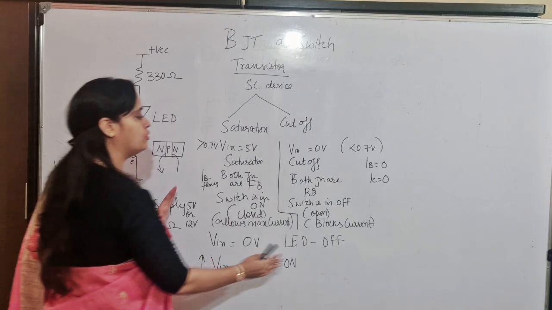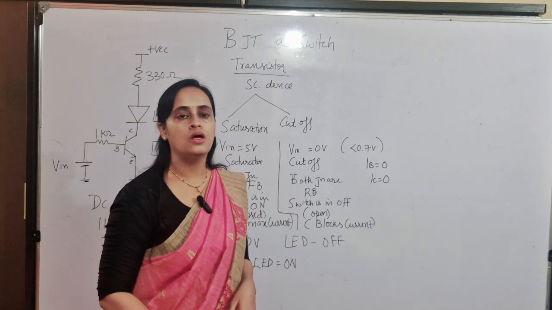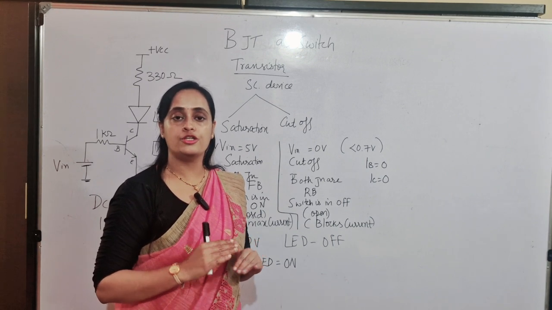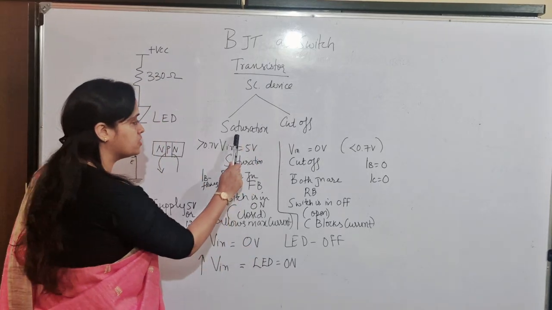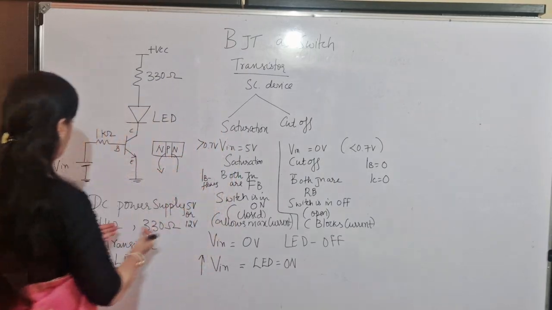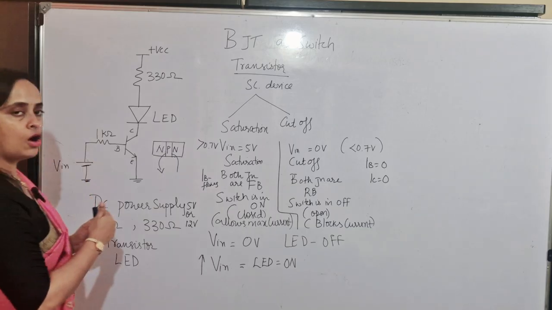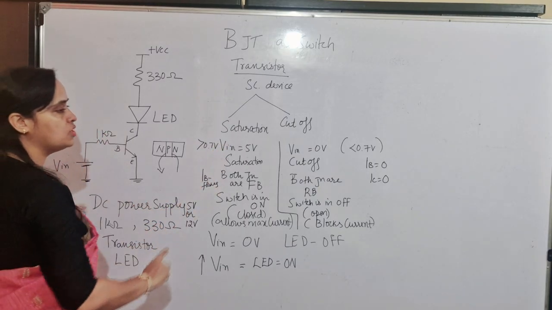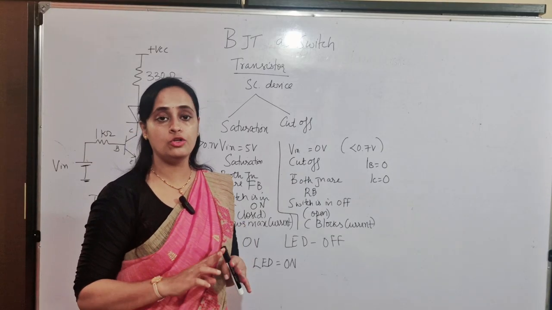Now to understand the circuit, let's understand the logic. How to design a transistor as a switch? Simple. The transistor should be made to drive between two different conditions. It should move back and forth between two conditions: one condition is saturation, another condition is cutoff. Now how to make this fluctuation? We are going to use Vin here. As I increase the applied voltage, or decrease it, or keep the Vin voltage at 0 volts, I am able to drive the transistor between two different conditions.